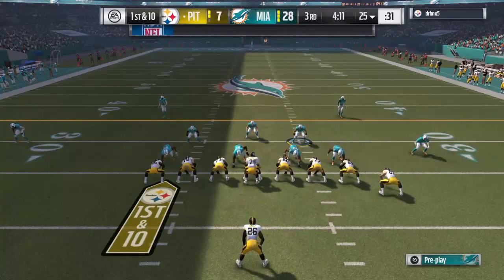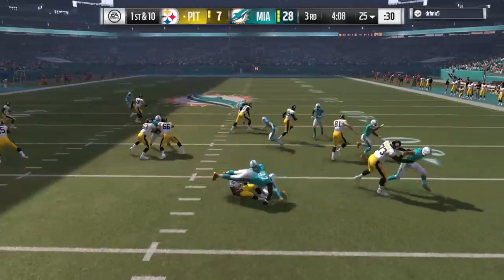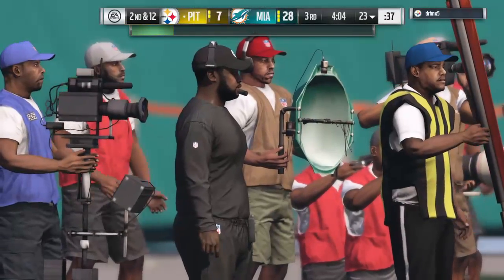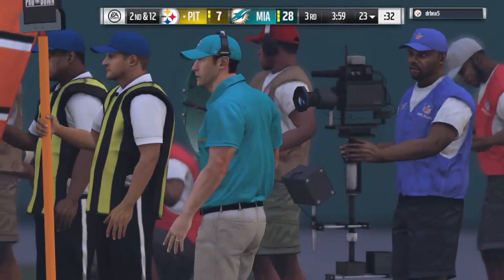Hey, I've got confidence in you guys. Go pick it up for them. Didn't happen. Also showed confidence in the defense. They didn't pick up their end of the bargain, so now they've got to come back out and start over and rebuild that confidence. Well, it hasn't been a whole lot of fun for Le'Veon Bell in this ball game,